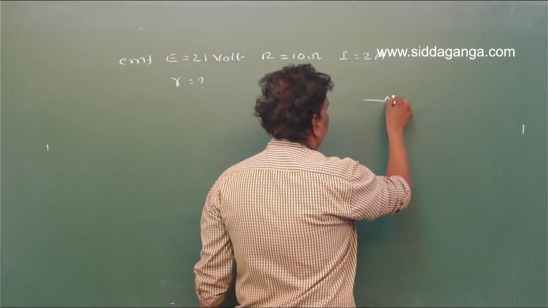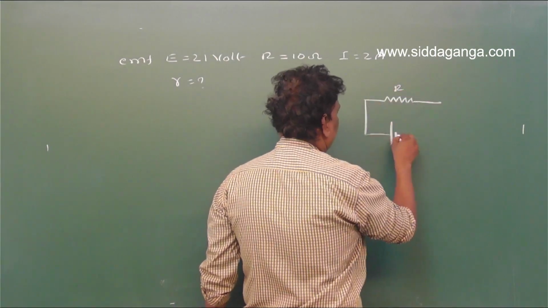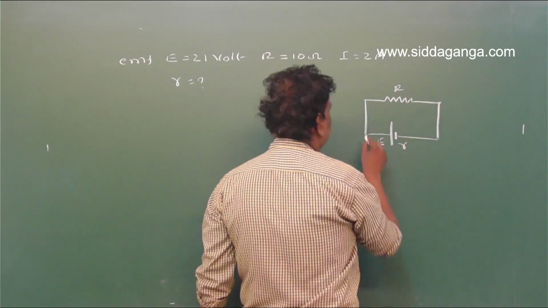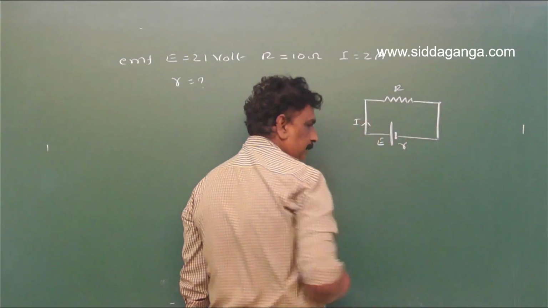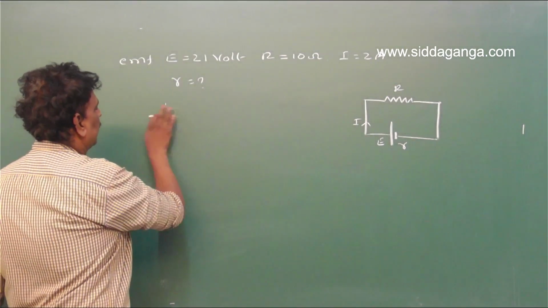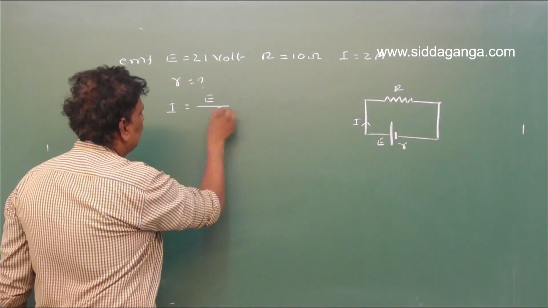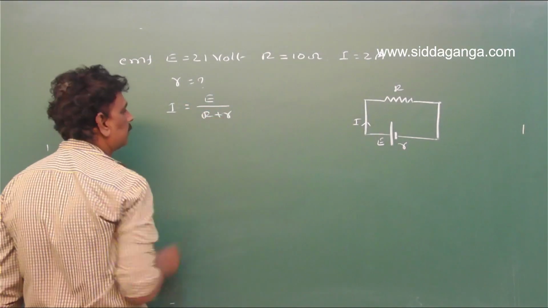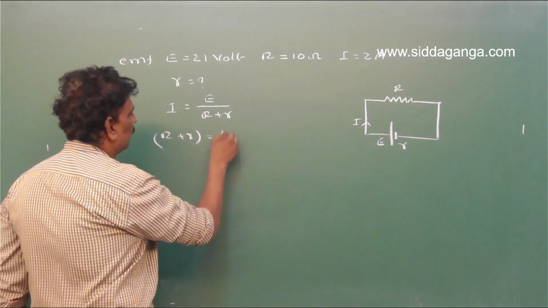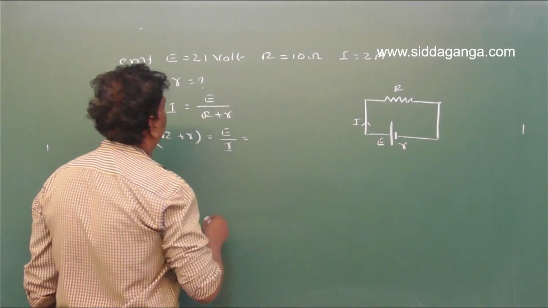Say this is the resistance R connected to a cell of EMF E and internal resistance r, the current is I. Now we know that the current through the circuit I is equal to E by R plus r, or R plus r is equal to E by I,